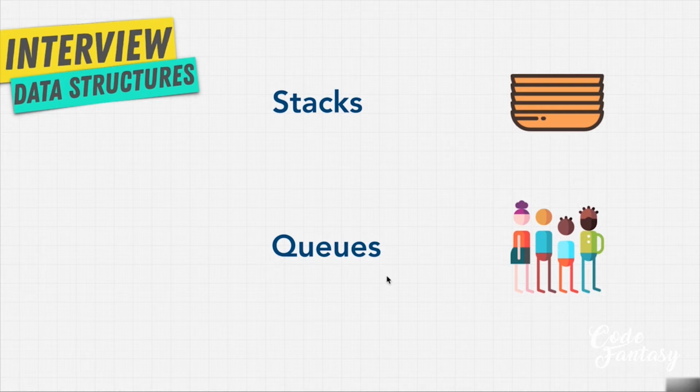We're going to learn two at the same time, stacks and queues, because they're very similar. They are both what we call linear data structures. And linear data structures allow us to traverse, that is, go through data elements sequentially, one by one, in which only one data element can be directly reached. And this will become more clear to you as we talk more about stacks and queues throughout the next couple